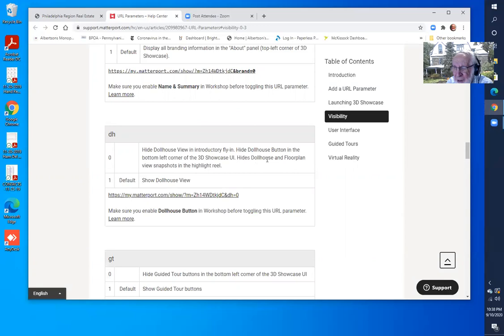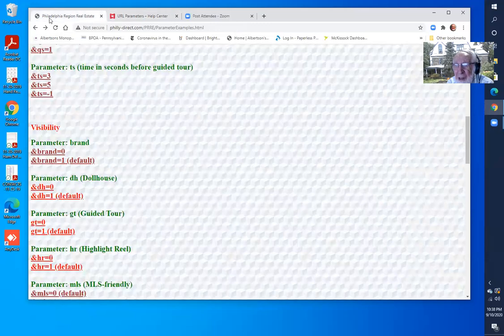If you put the Dollhouse and floor plan in your highlight reel, which I generally don't do because it's already on the toolbar, but if you put it there, 0 would also take it off from there too. So let's try that. So Dollhouse, the default,